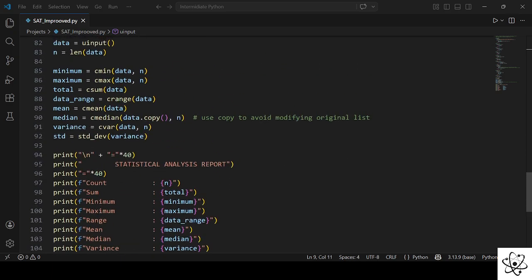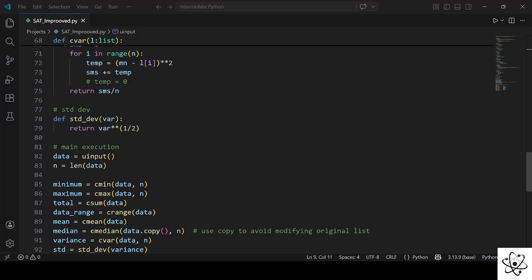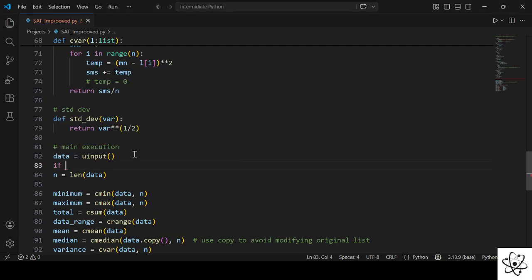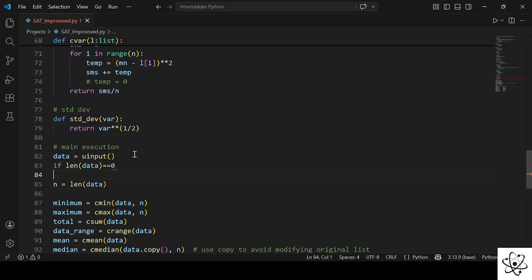In the main function we should do that. We can see the data is added here, but there is no validation for the data whatsoever. So we can add a simple validation: if data is empty, or the length of data equals 0, then we return nothing and